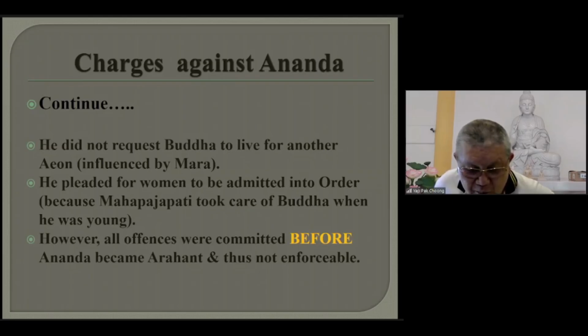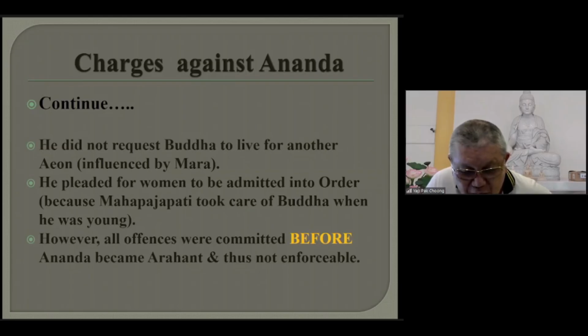Now people accuse him. Why? Otherwise, Buddha would still be around to teach us. Ananda explained that at that time he was influenced by Mara. Mara got power, psychic power, because Ananda was not an Arahant yet. So Mara influenced him not to open up and request Buddha, he said. But out of gratitude, out of good faith, I agree, it was my mistake, you see. So that is 4 charges. So the 5th charge,